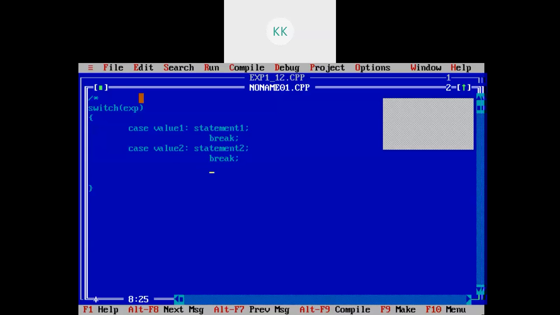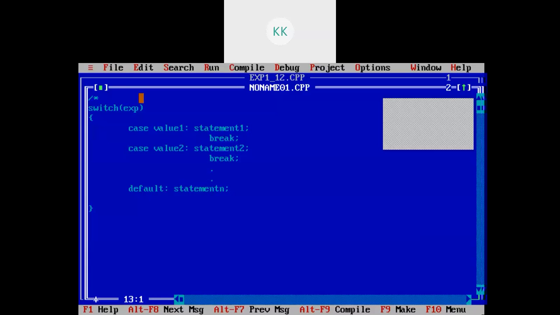Similarly, you can have any number of cases, and lastly you can have a default statement. So this is the simple syntax of switch case. In the last default, we need not write break because this is the last statement. Right?